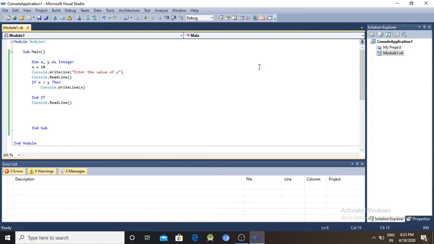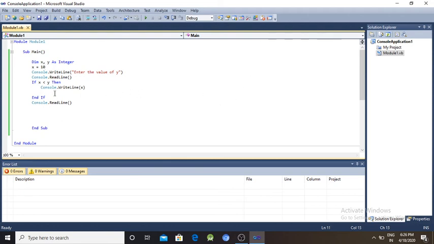There you can use the if else statement, and we write the if else statement in VB.NET like this: If condition, block of statements, else, block of statements. So if the condition is true, whatever you write will be executed, otherwise, if false, the else block will be executed.